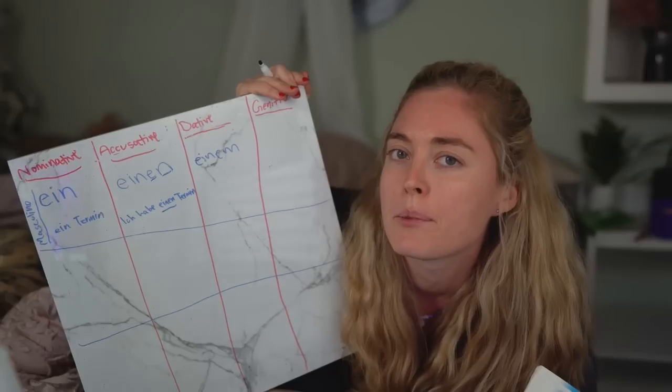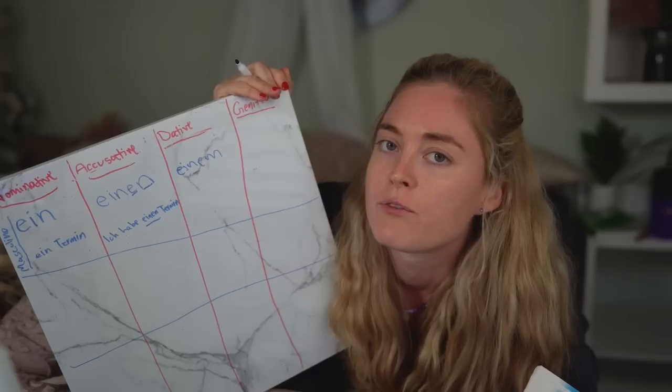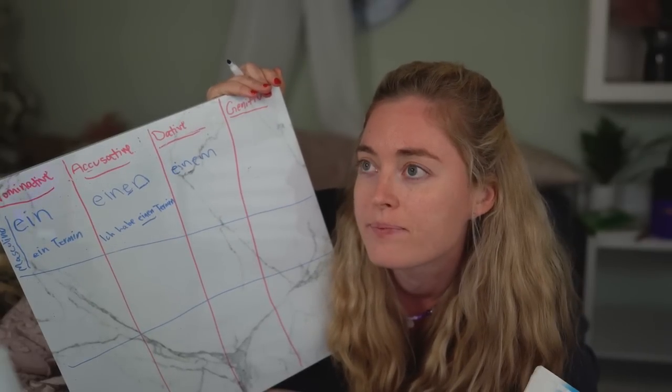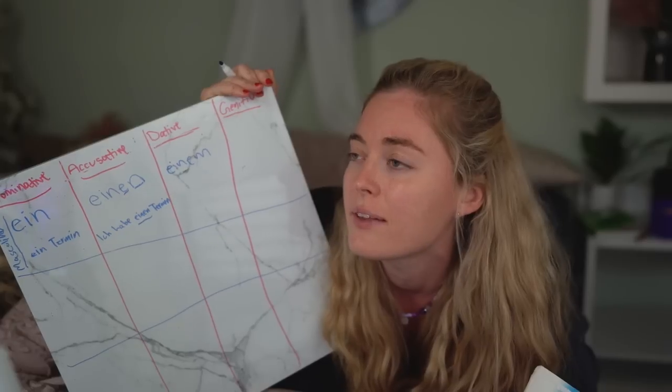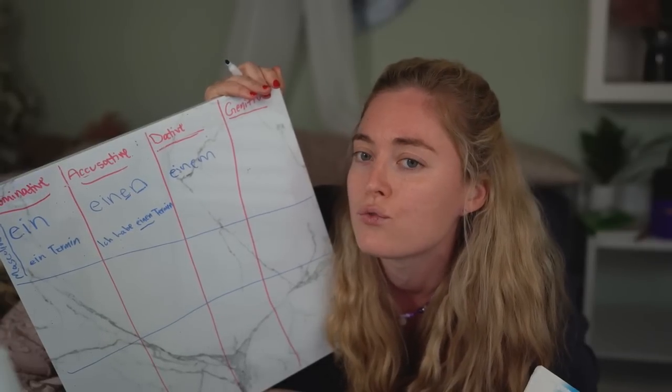For an example, maybe, because some verbs are just always dative, like geben, I think, to give, is a dative verb, so like,